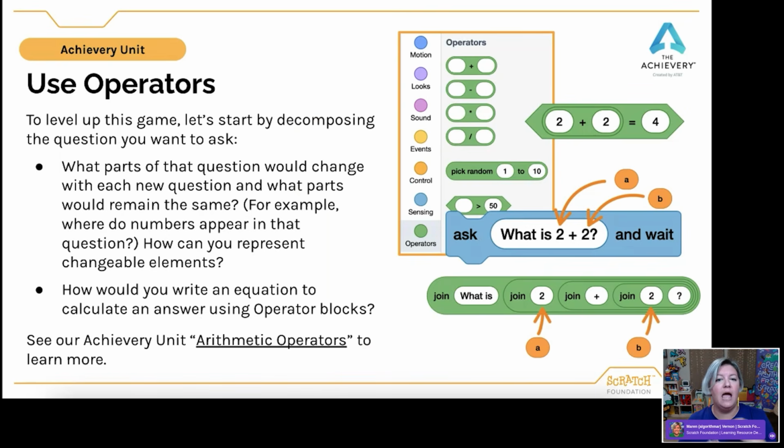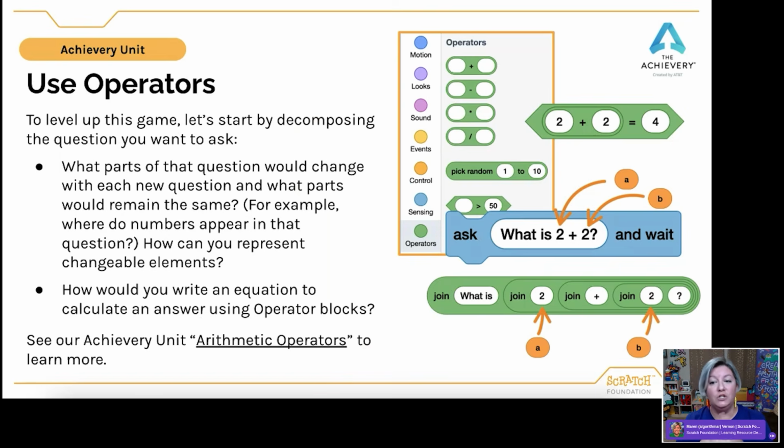So then we have to think about how do we want to represent those changeable elements? And this is where using variables comes into play. And that's an opportunity for us to start to talk about variables. Side note, we have resources on variables also in Learning Library if you would like help figuring out how to get started. But essentially, I like to always kind of describe them as like a container that can only hold one thing at a time, right? So I can take things in and out of the container, I can switch out what's in there, but it can only hold one thing at a time.